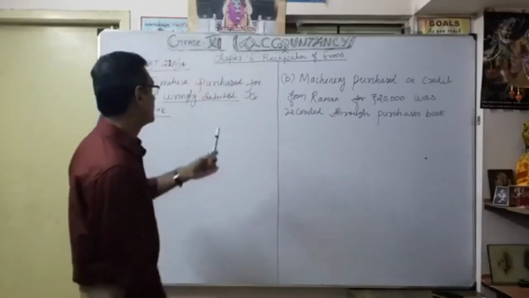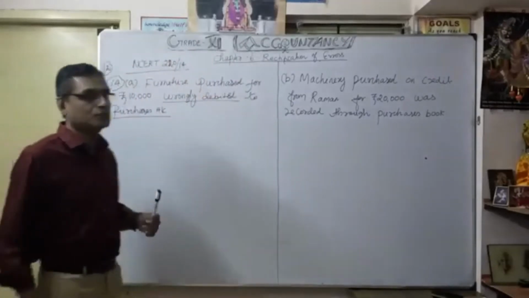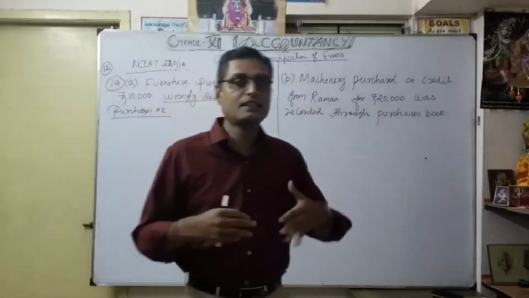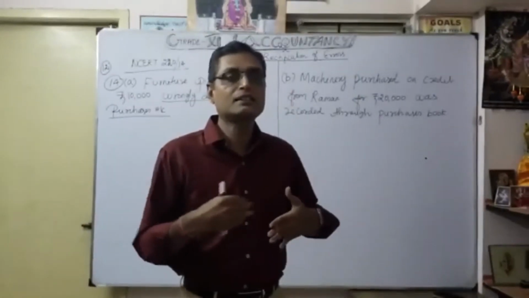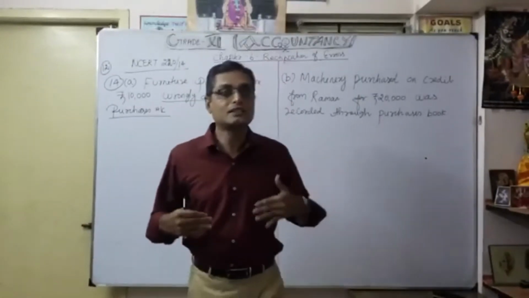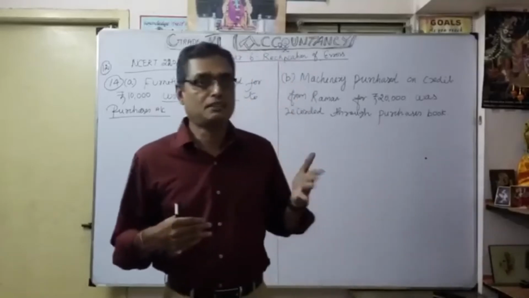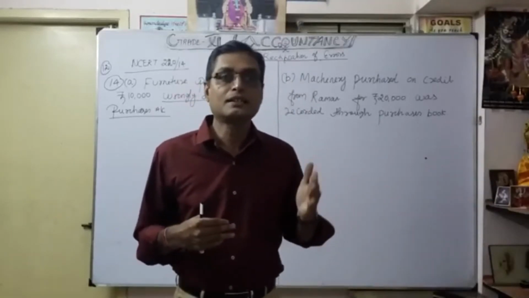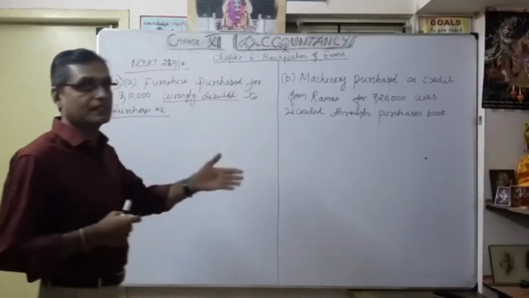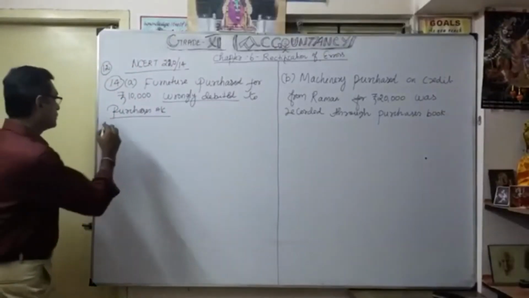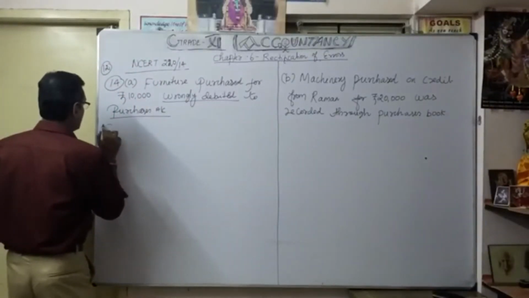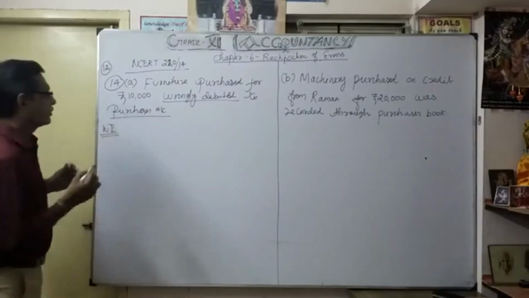But what happened? They treated it as purchase account. In day-to-day transactions, when they deal in goods, they consider it as goods, not asset. That's why it is coming under error of principle. The entire exercise comes under error of principle. So you have to do what? What is the wrong entry?